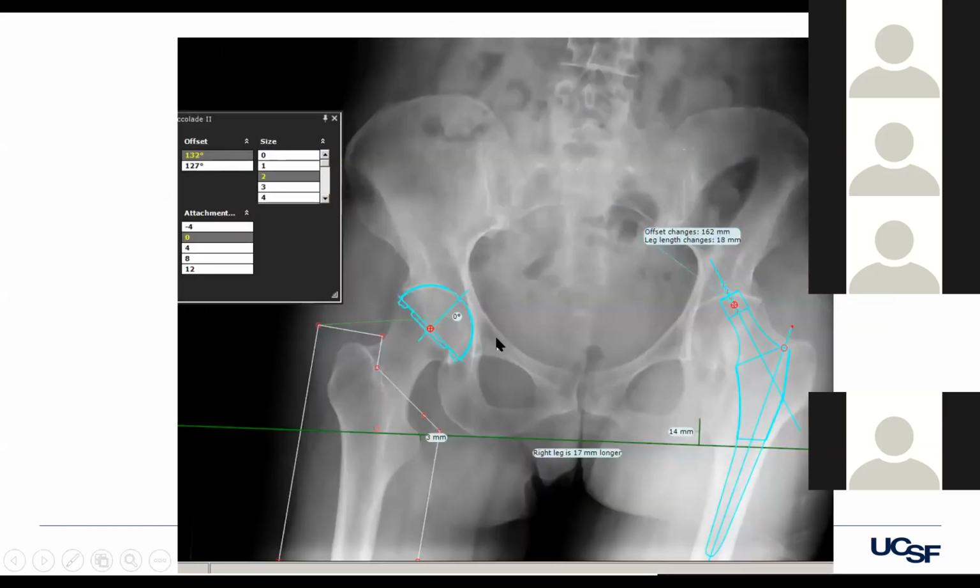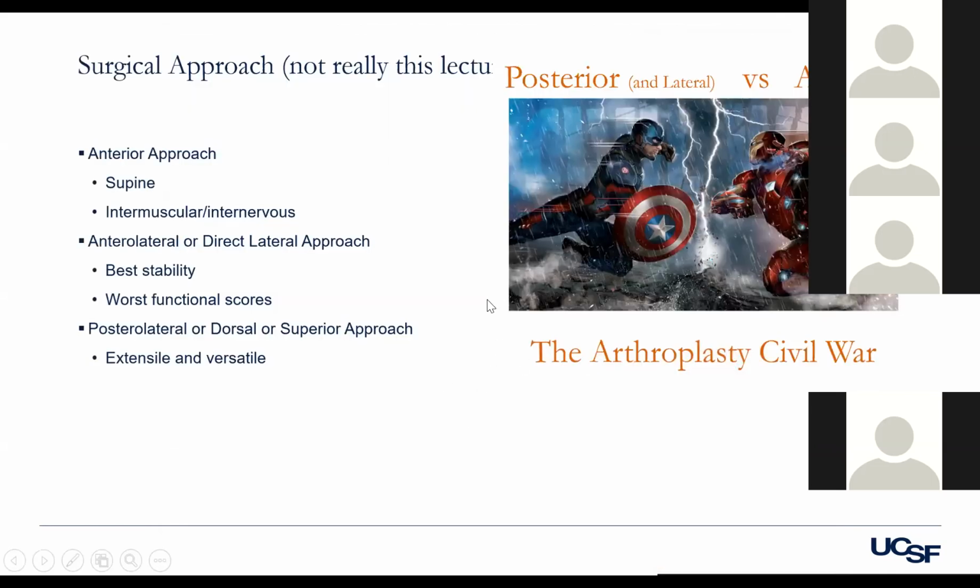Any questions about templating? Obviously, there's a lot of nuance to that, and it's not the main focus of this talk. Okay, surgical approach is also not the main point of this lecture, but just briefly, there are 3 main approaches,